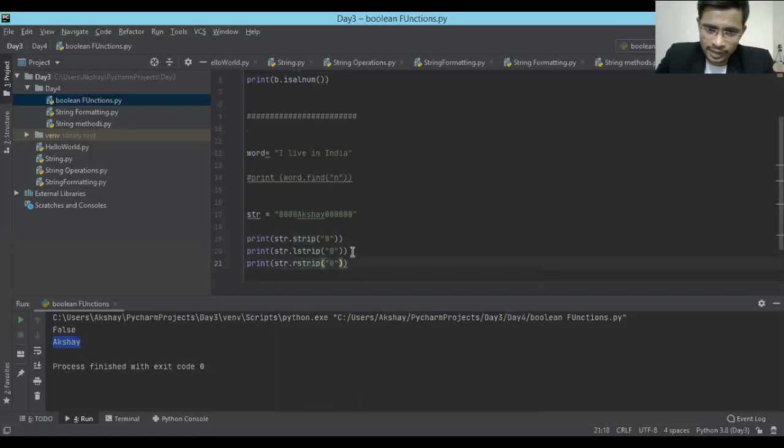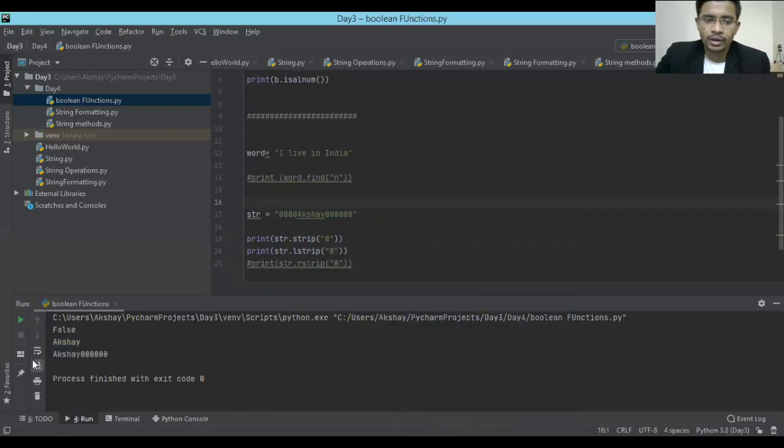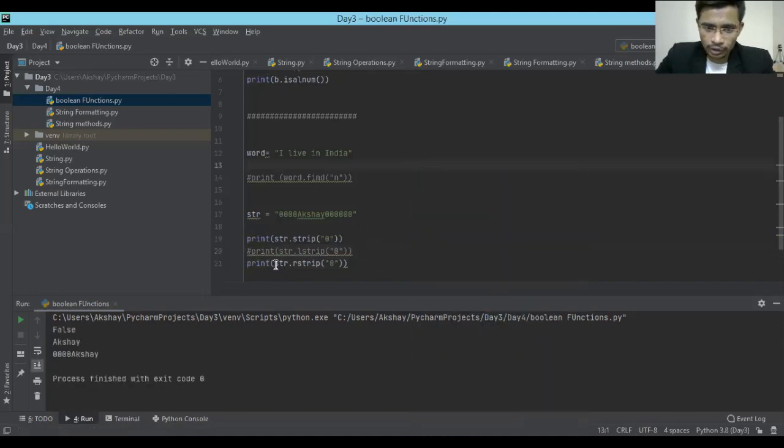See this lstrip: right now I'm printing it, and it will strip only the left part, removing the left zeros and not the right ones. If you go ahead and use rstrip, these are functions useful in different scenarios. See, this rstrip trimmed only the zeros from the right part.